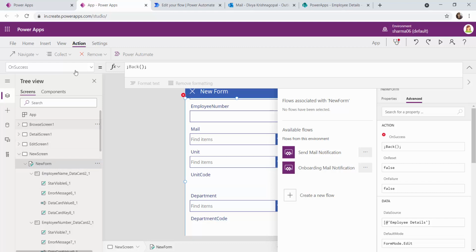Because from the new form operation only, on the success function only, we are going to add this Power Automate. So that's why it has mentioned new form. If we are going to trigger Power Automate from any of the controls, say a button click, then we'll mention the specific control. Let me select this.